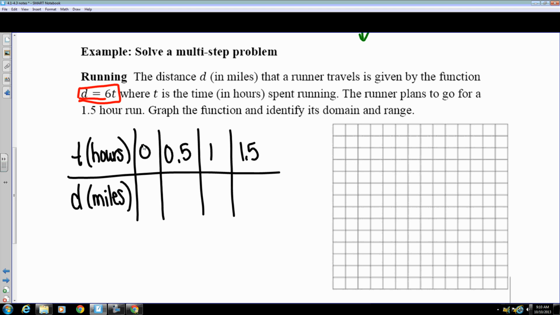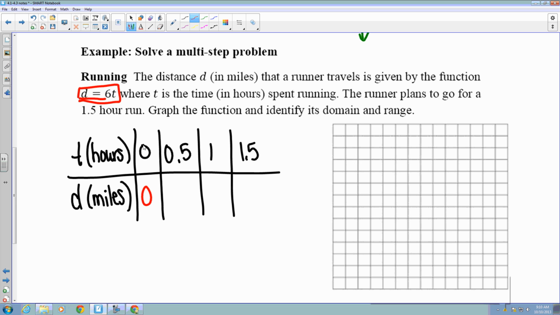Function's up here. Okay, so you put in 0, you get 0. Put in 0.5, you get 3. Put in 1, you get 6. And 1.5, you get 9. So we should go ahead and